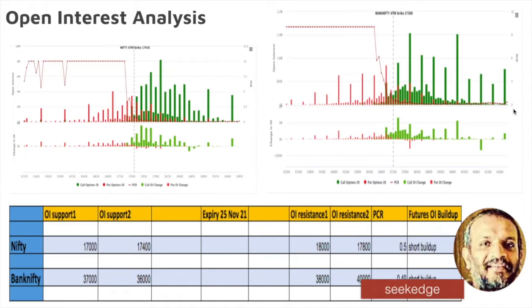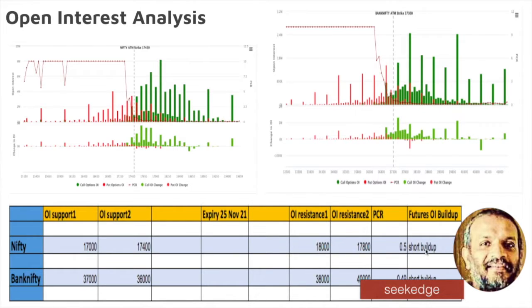Open interest analysis is showing bearishness before the monthly expiry. Call writing is projecting more bearishness. You can see that the call writing is getting added at all these levels on the downside, right? Supports are seen far away at 17,000 Nifty and then 17,400, also with put writing. Call writing is seen at 18,000 as major resistance, and 17,800 also has huge call writing.